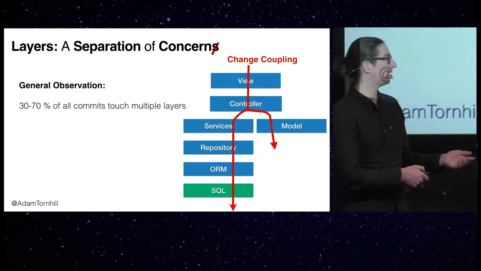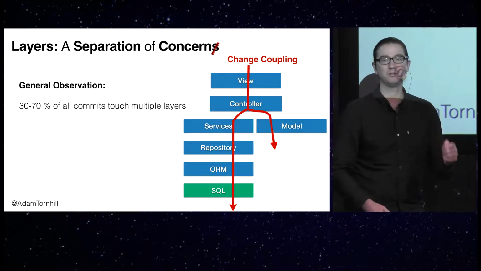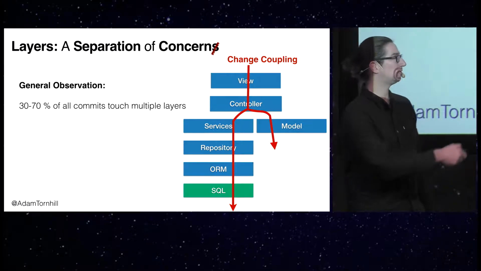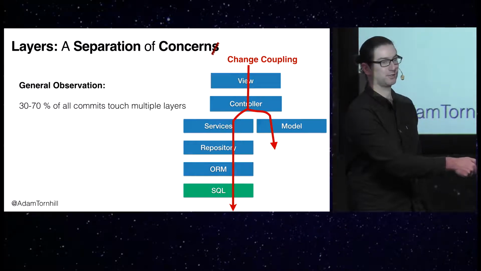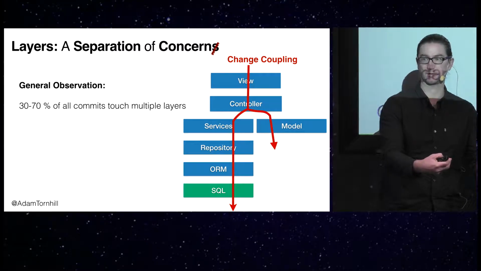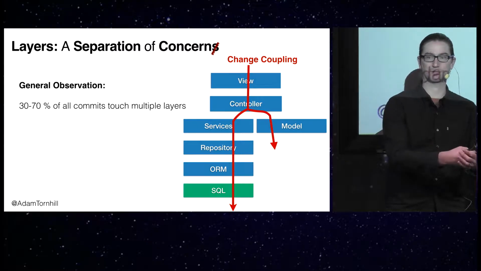But what we have to be aware of is that we make a trade-off here. We optimize for the rare case of replacing a horizontal layer, and we do that at the expense of the changes we do every single day, which is to add new stuff to it. And those changes tend to be use case oriented. They tend to be feature driven. So there is a conflict between what our architecture supports and the way we actually work with it.